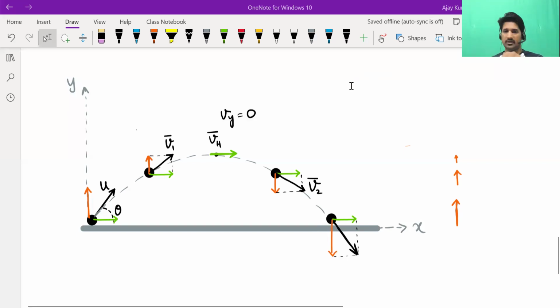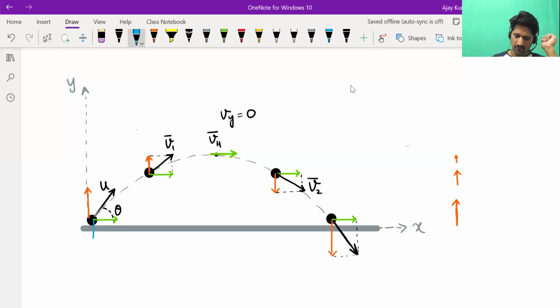Parallel component. Okay, correct. So the component of acceleration parallel to velocity changes speed. And last class itself we discussed, we know gravity is downwards. You take gravity's component along the line of velocity, you'll get one component like this. That is the parallel component. And you see during ascent, it is opposite to velocity. That's why speed decreases during ascent. Tangential acceleration is opposite to velocity, so speed decreases during ascent.